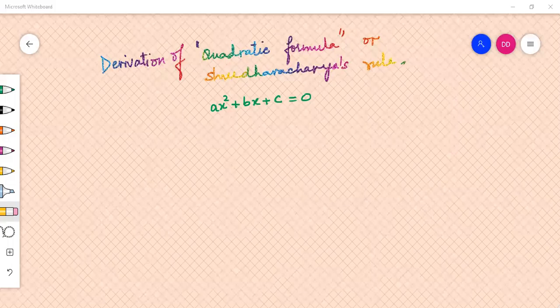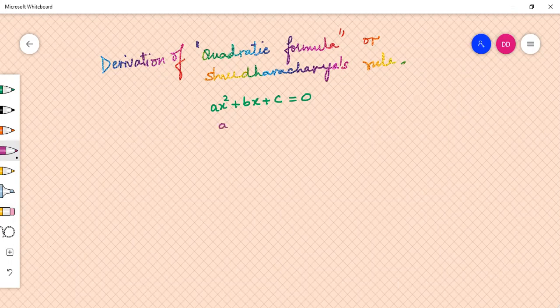In this video, we'll see one more way of deriving the quadratic formula, or Sridharacharya's rule. I have my quadratic equation written in its general form, ax² + bx + c = 0. Now let's start solving it to get the roots of this general quadratic equation, taking c